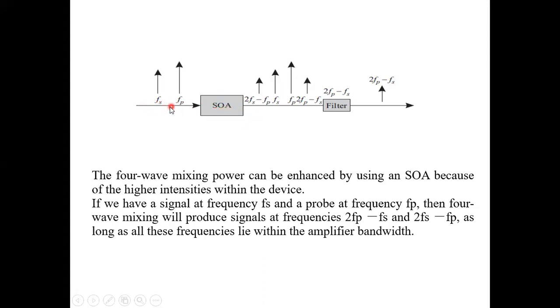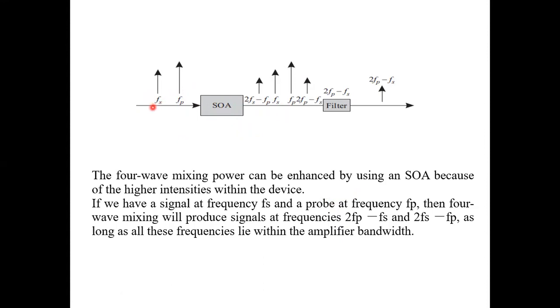Here I have, suppose, two incoming signals, Fs and Fp. This is exactly like your superheterodyne receiver, but they have explained it in a different way. Fs is the incoming signal frequency, and this Fp we call the probe frequency. So here we don't talk in terms of local oscillator frequency or carrier wave and that way.